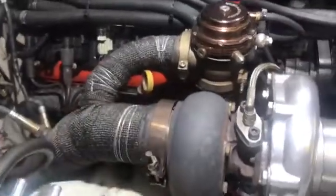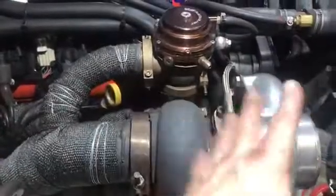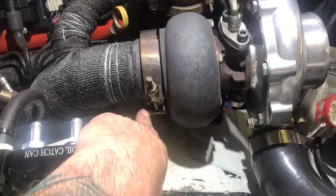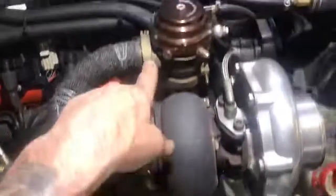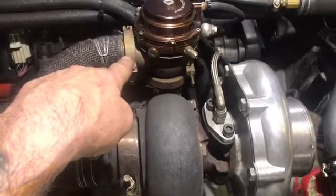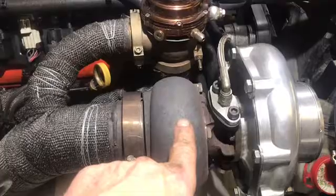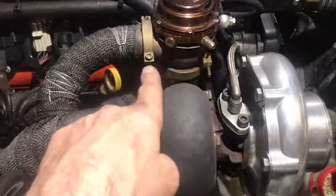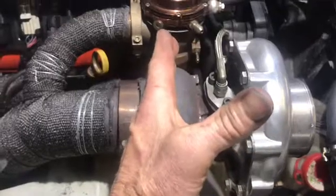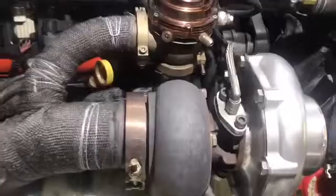After I disrupted the turbo and the manifold, and I put it all back together, I have a tiny, tiny little exhaust leak coming from in between here, right here in this area, and I got a pretty big exhaust leak right here. So, I might have to loosen the turbo again and loosen that clamp and retighten it to suck it forward, and then center the turbo where it's got to be, or something of that nature, or just live with it,